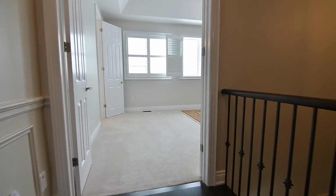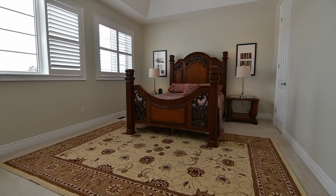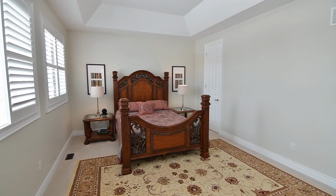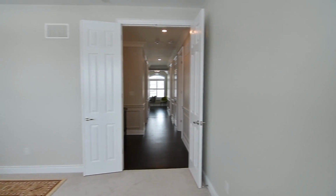A double-door entry opens into the serenely beautiful and incredibly spacious master suite. Showcasing a deeply coffered ceiling with a contemporary light fixture, a wall of east-facing windows, and a large walk-in closet,